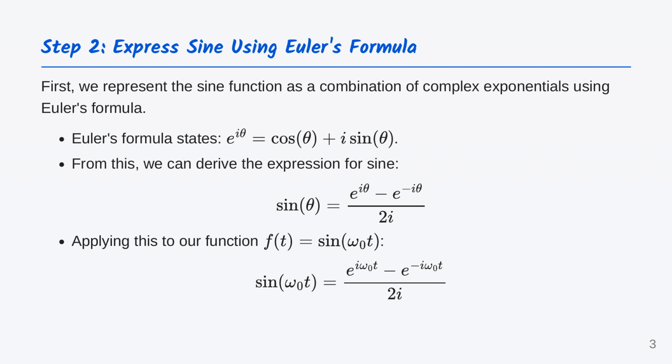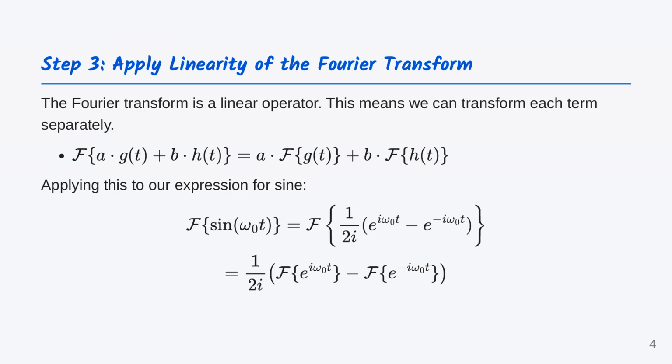Now we can apply this directly to our function. By replacing theta with omega naught t, we get that sine of omega naught t is equal to e to the power iota omega naught t minus e to the power negative iota omega naught t, all divided by 2 iota. Next up in step 3, we are going to take advantage of a really helpful property of the Fourier